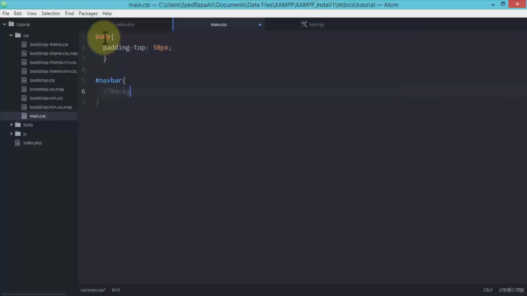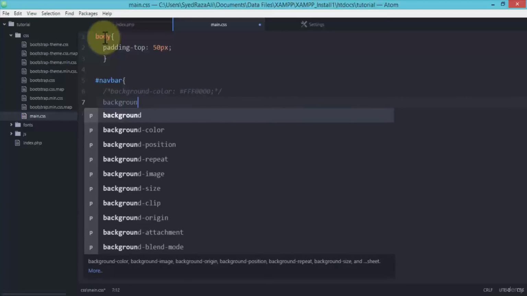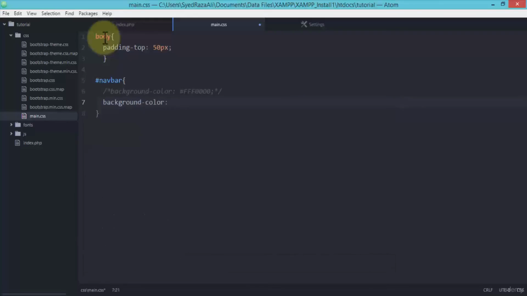Okay, so I'm going to say something like background color, and I'm going to change it to, I don't know, FF0000. The reason why I do this is because I may want to activate this later. Okay, and then I use my background color, and this time I'm going to use some 8,000 or 80,000 or something like that. Okay, the good thing about, again, Atom Editor is that it shows you that, well, if it changes the color, that means this is the correct